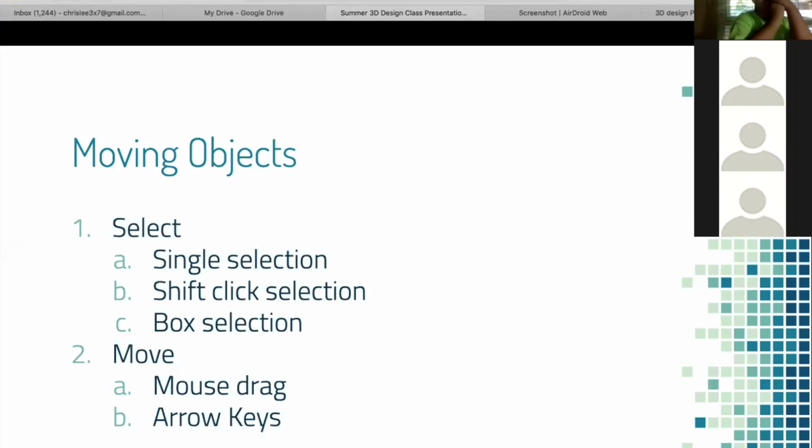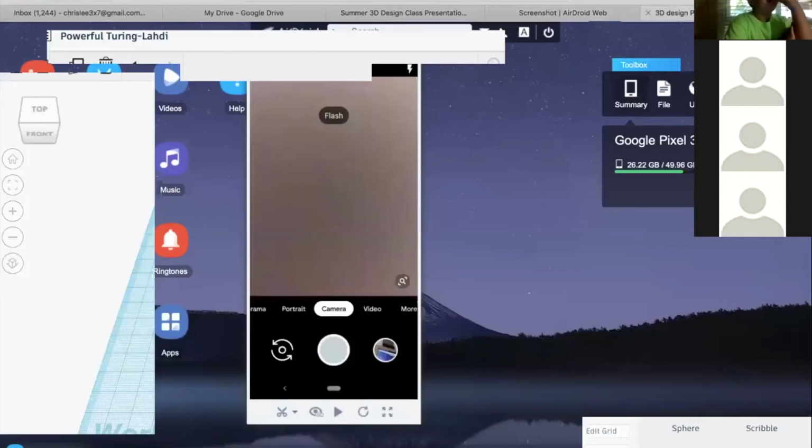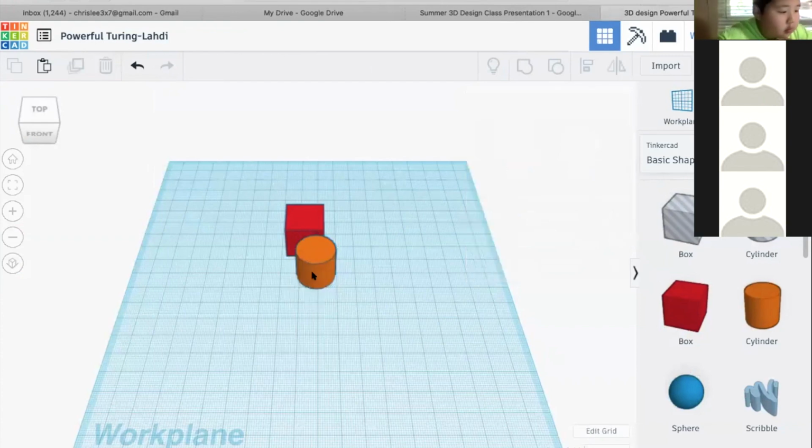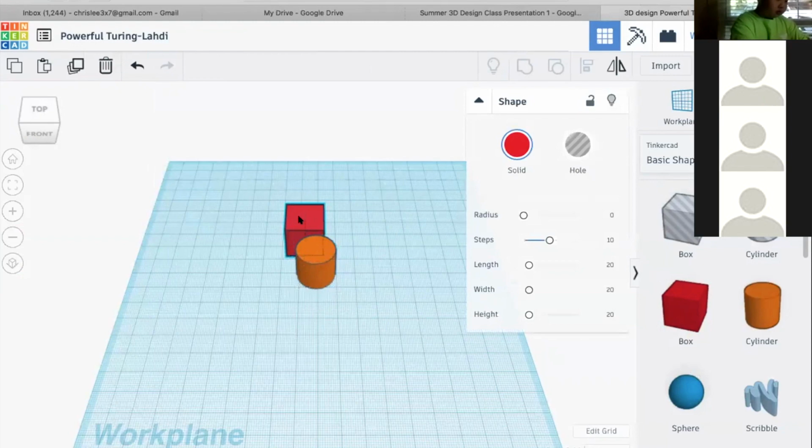All right, so first thing, that's basically the first thing. All right, the next thing is being able to move objects. So it's pretty intuitive at this point. It's pretty self-explanatory. You can click on the object and you can hold down your left mouse click button and